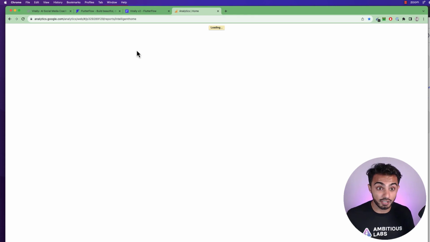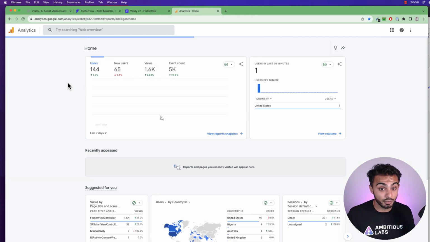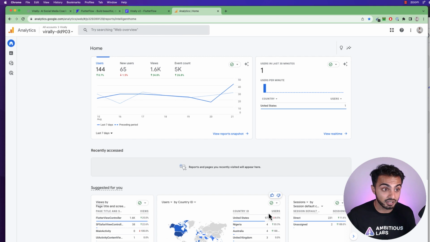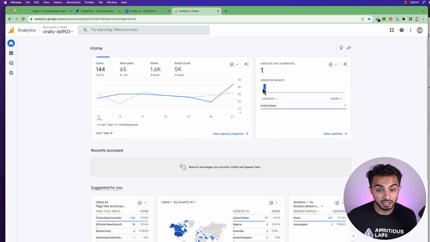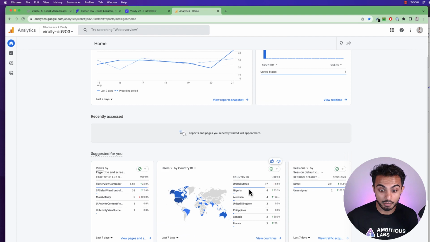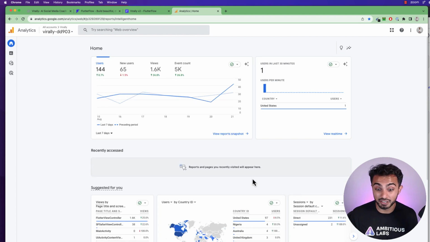We do get a good amount of users every single day. I have a handful of users who are returning. So here you can see my Google Analytics for Virally. Actually had a huge spike in users this week. 42 users on the day. This user wasn't even me. Most of my users are from the United States, so I have a really good